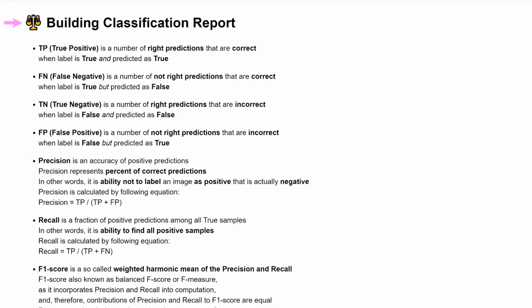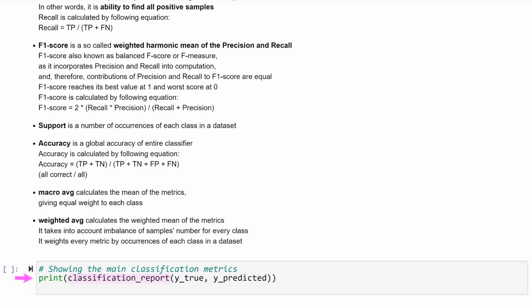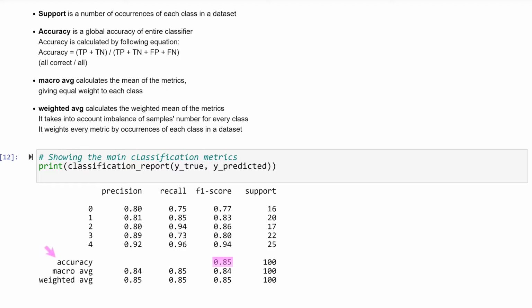In the next step, we build the classification report. We use here the scikit-learn function classification report, passing as arguments the correct true class numbers and the predicted class numbers. Let's run this cell. We can see here the accuracy of our imaginary model.